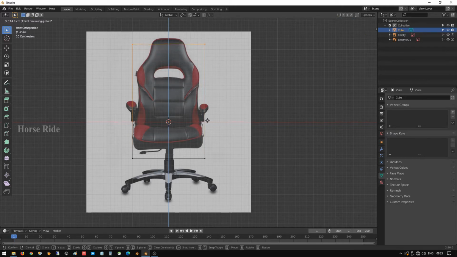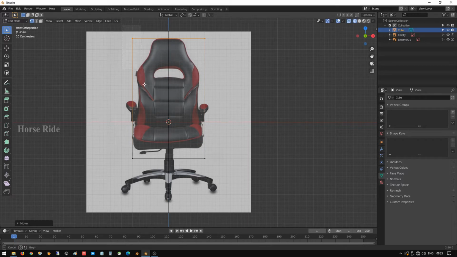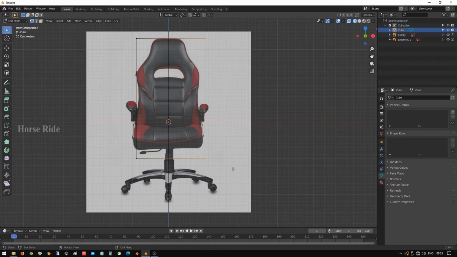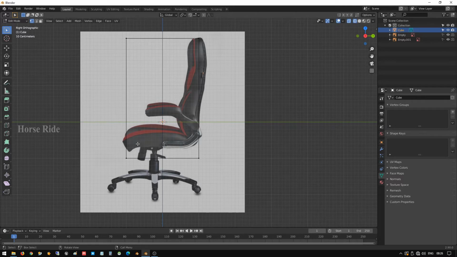Okay, G Z, and move the two vertices to that angle, and select this side angle G X. You can move it tightly to this and select these two vertices, G X, and move towards this shape. And the bottom also we are going to do. Right click and select this, sorry, using the 3 key right view,